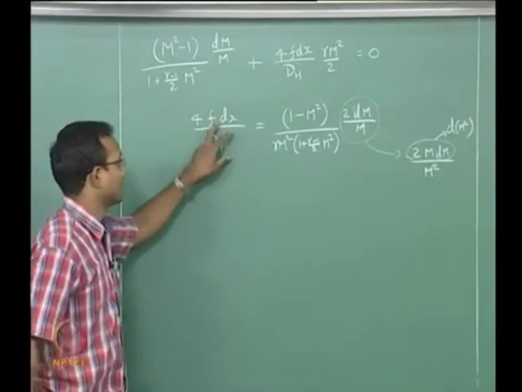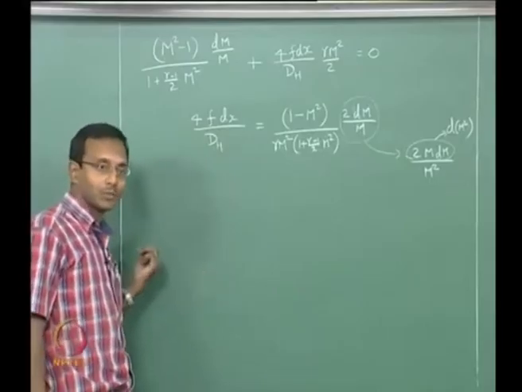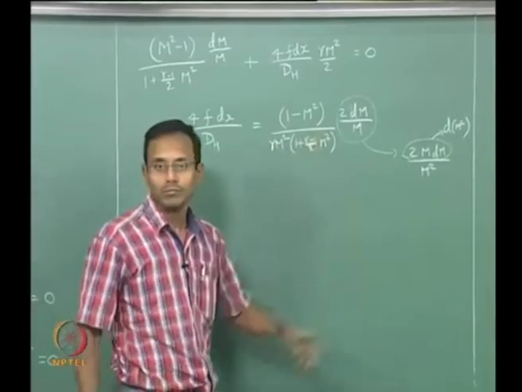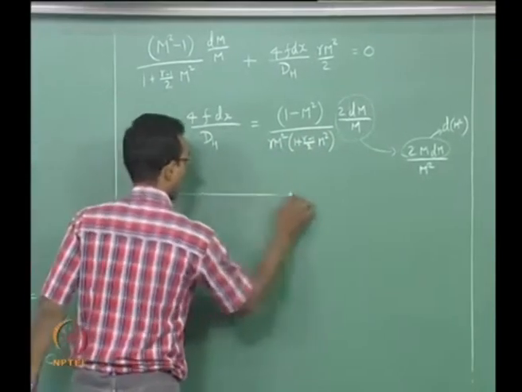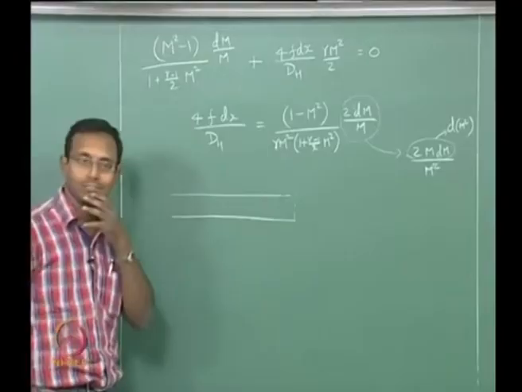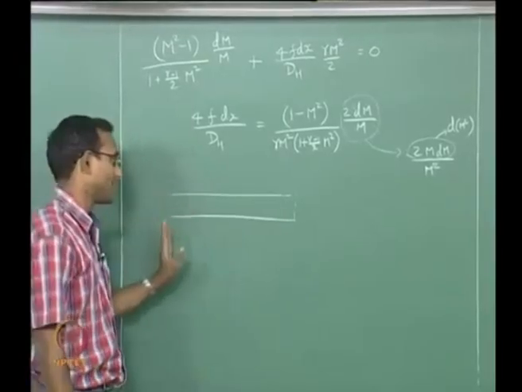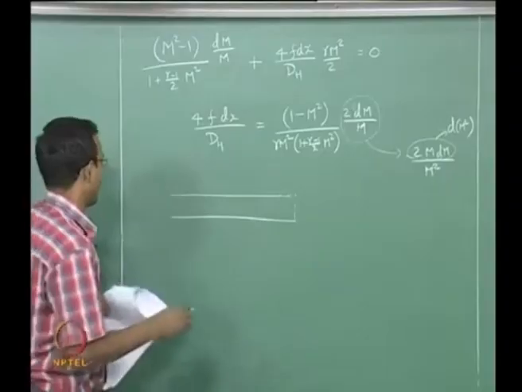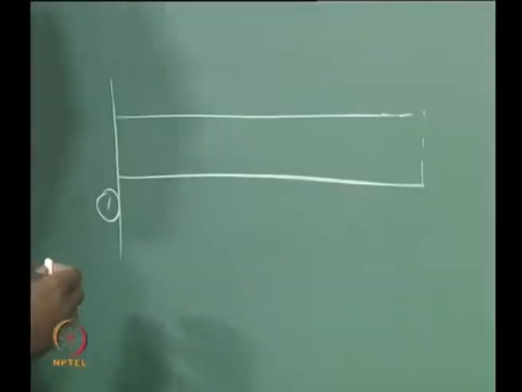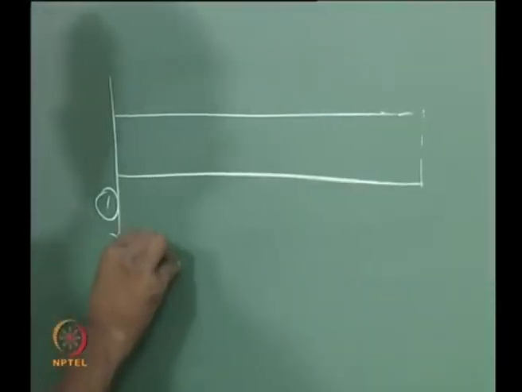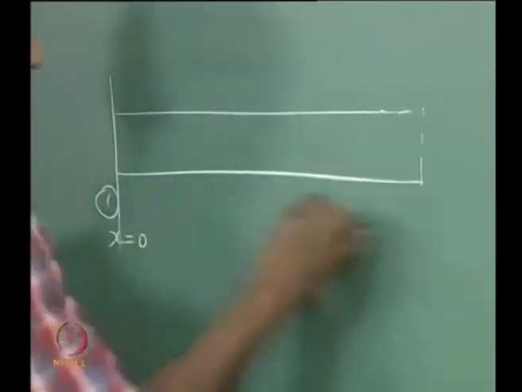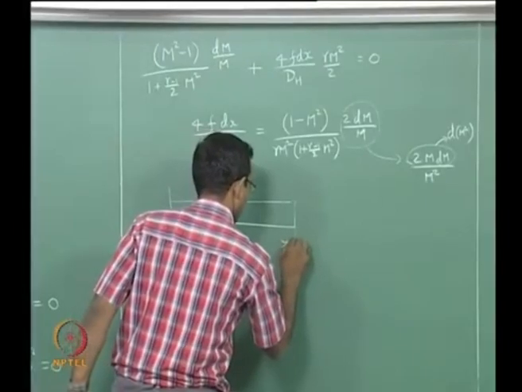And what will be my integral limits? This is dx, so I have to start from somewhere. I can start from x1 and go to x2 and integrate that. Then it will give me M1 going to M2, but that is not very nice. So what we will do will be, we know that given long enough distance my flow reaches M equal to 1, right, whatever we discussed already, we know that the flow has a tendency to reach M equal to 1. So what we will say is, I start with some location 1 which might be x1, or I will call that as x equal to 0. I will set, it can be any value, so I set it to be 0, x1 can be 0 also. From here I am going to go to some length x equal to L,